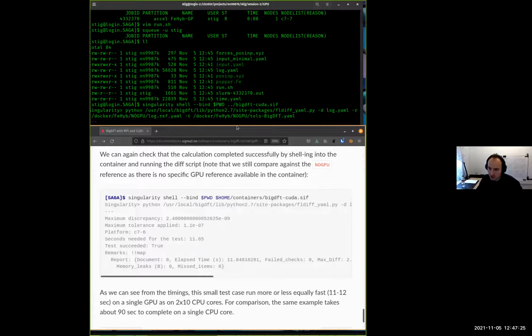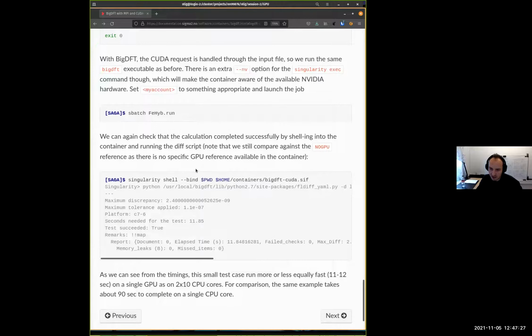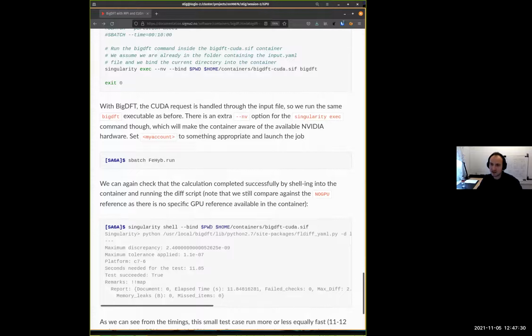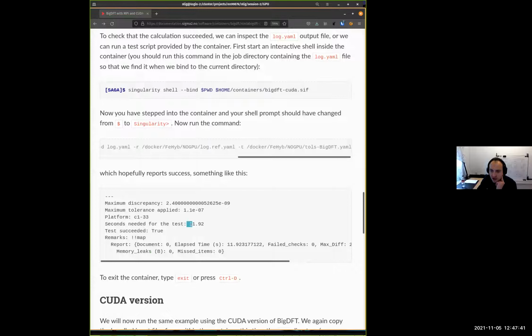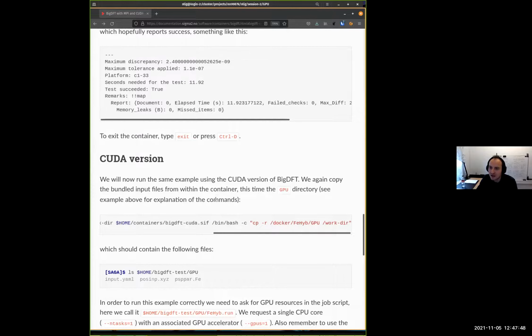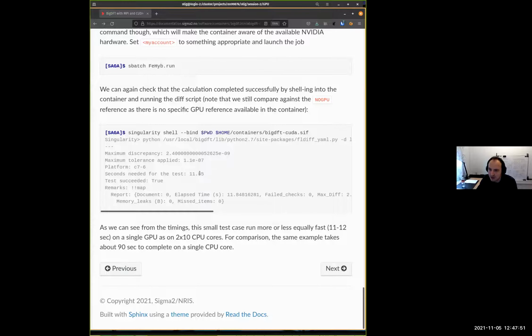So if we go back here, when I actually made these examples some time ago, they were taking only 11, 12 seconds, both in the CUDA version and in the MPI version. So they were taking the same amount of time. And I really don't know why this has changed. So this is perhaps something we need to look into and try to figure out what happened. But okay, I think that is it for now. So we can probably move on to some